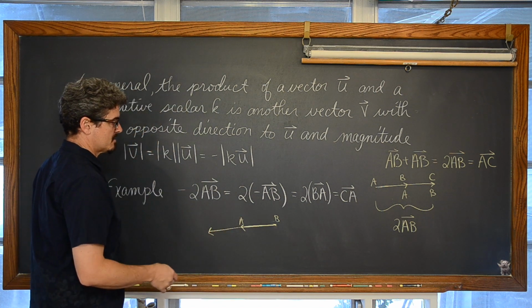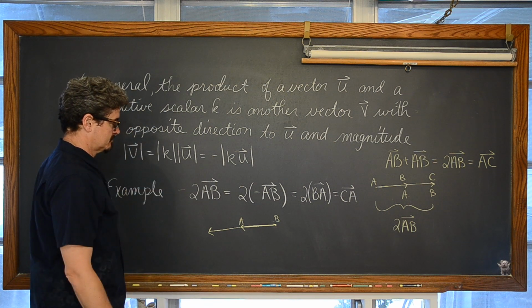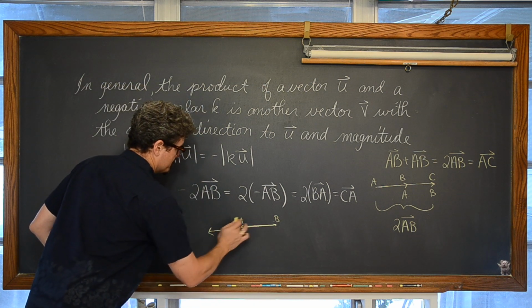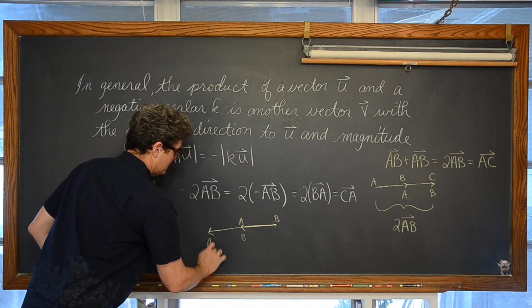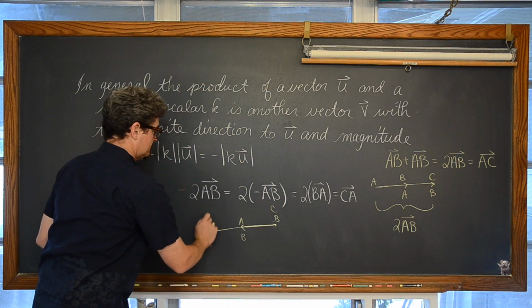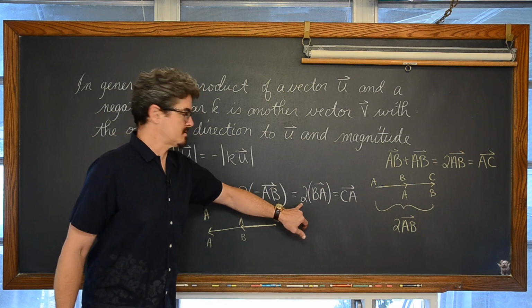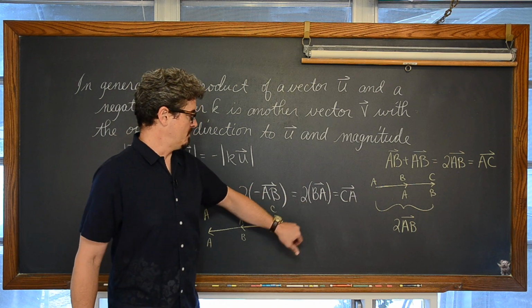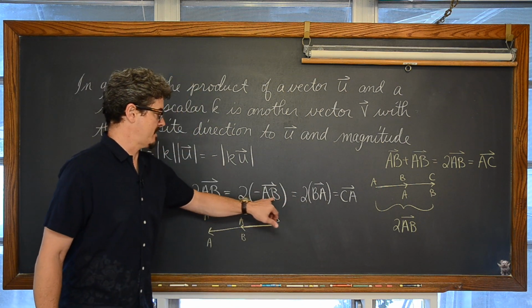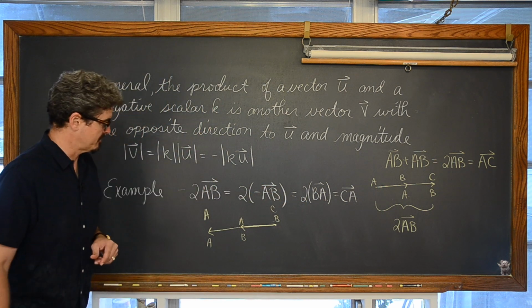And let's just for convenience call this, well, it's sort of weird now because this is vector BA and this is another vector BA, but we have this new vector CA, which is twice the length of the original vector, but we're going in an opposite direction. Instead of the opposite of AB, we're going to relabel that as BA, in case I just misspoke there for a little bit.